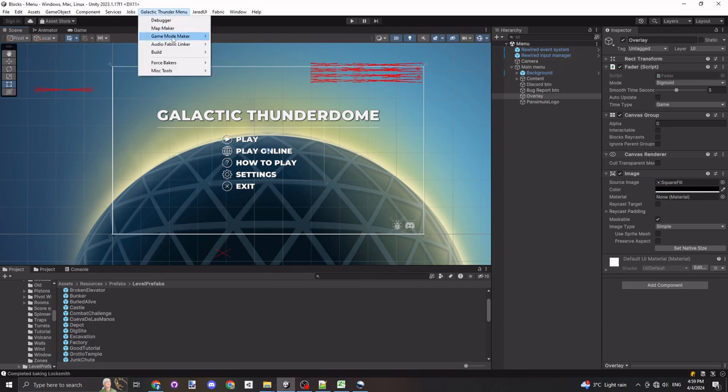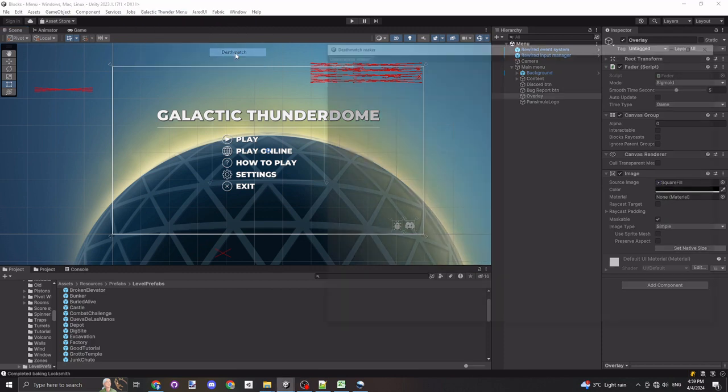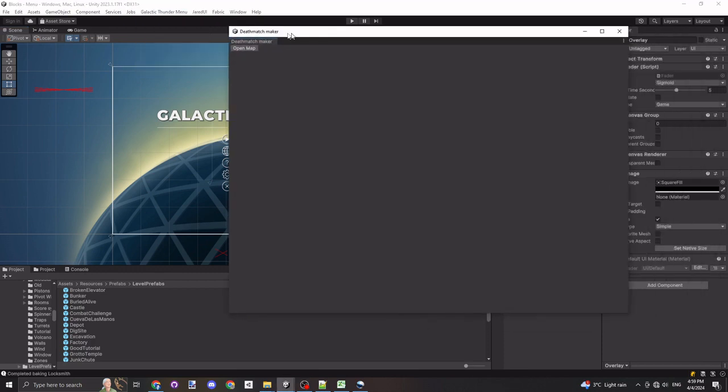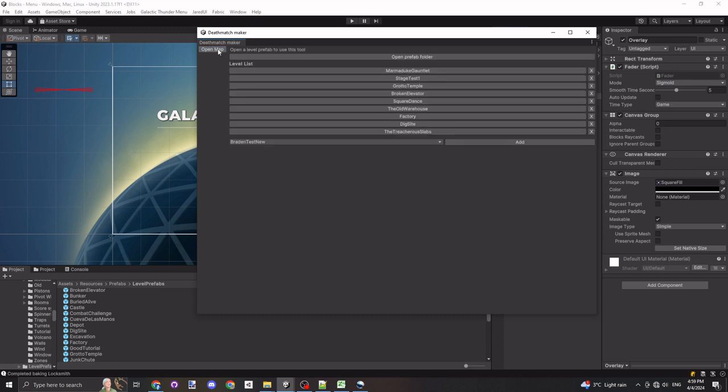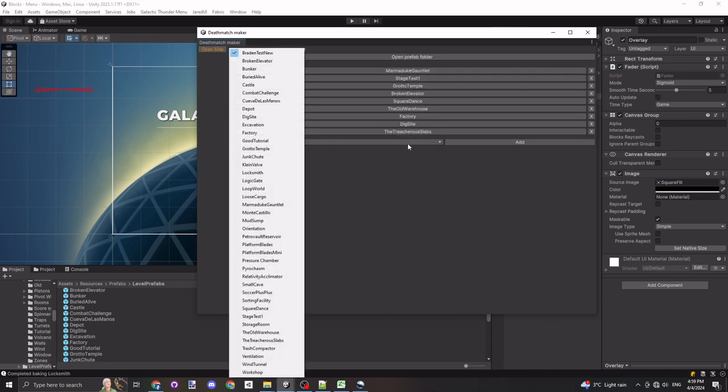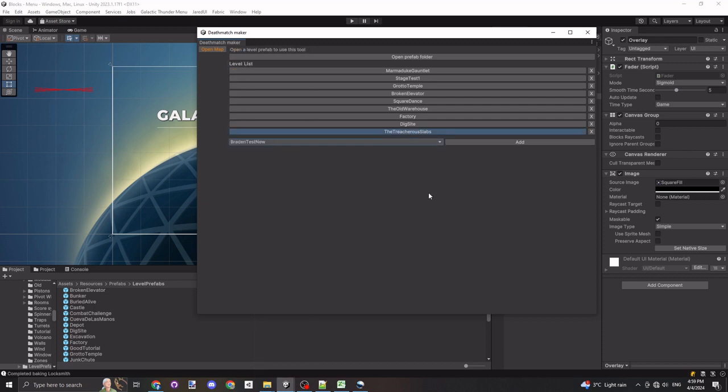So we start with a menu item. The level designer selects the game mode. They then need to open a map. I have some shortcuts in here so that the level designer can save their favorite maps for quick